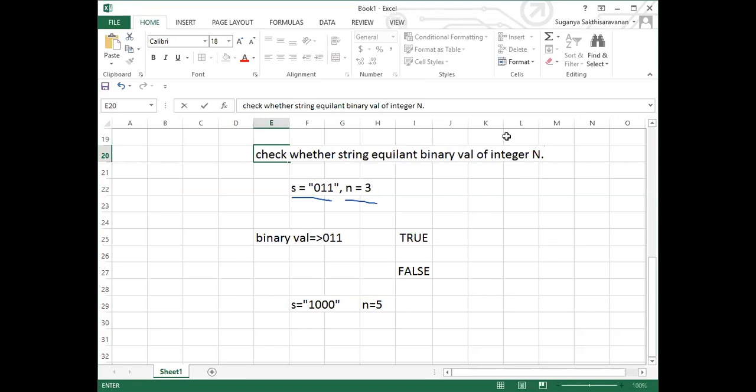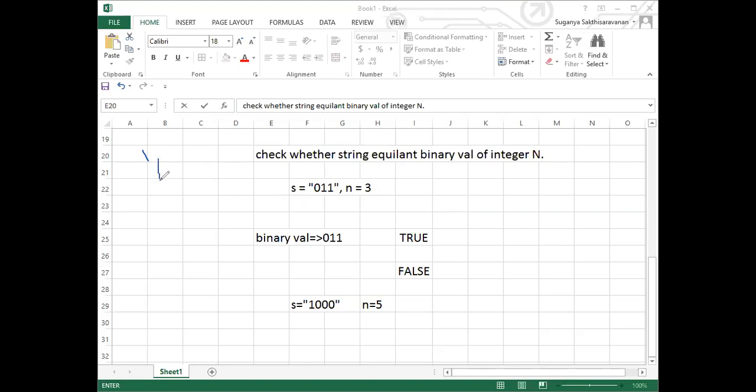Surya, this is string. This is integer. Yes, an integer can be given as a string, right?